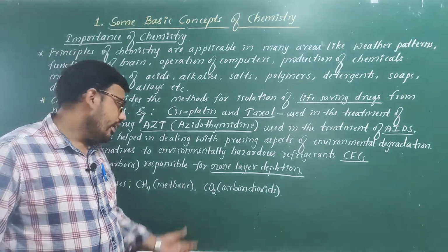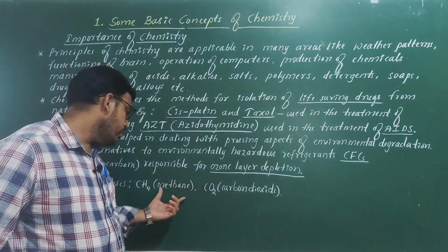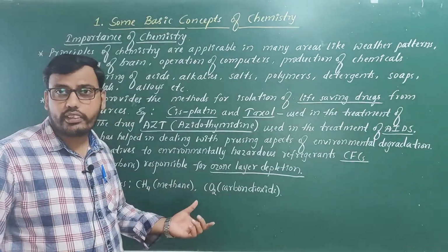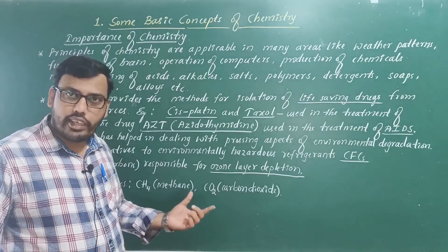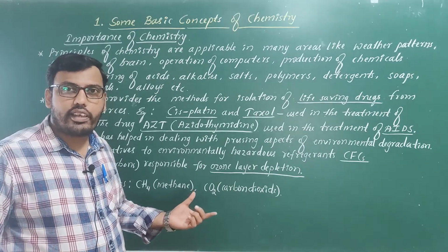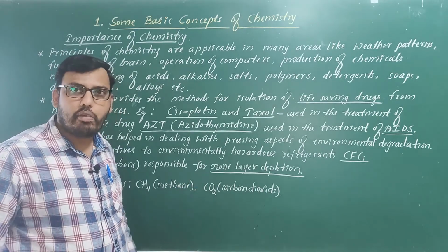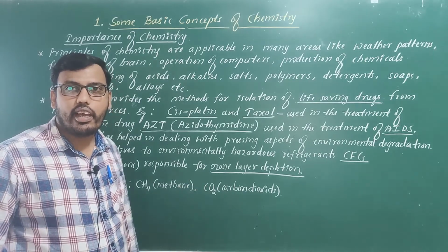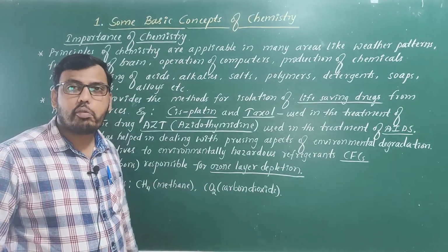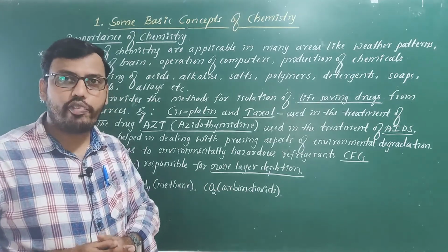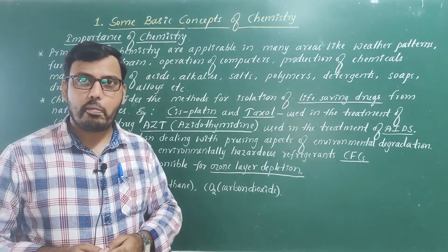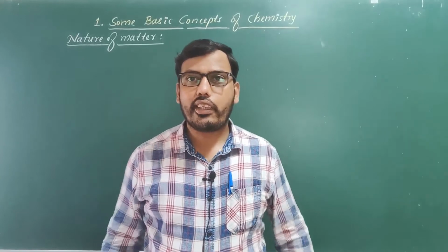Okay. So now we don't have an idea of how we can reduce these gases. We can reduce these gases by the application of the things which are going to produce this, but we don't have methods to completely avoid them. So that is about the importance and scope of chemistry. Okay. So the next concept is